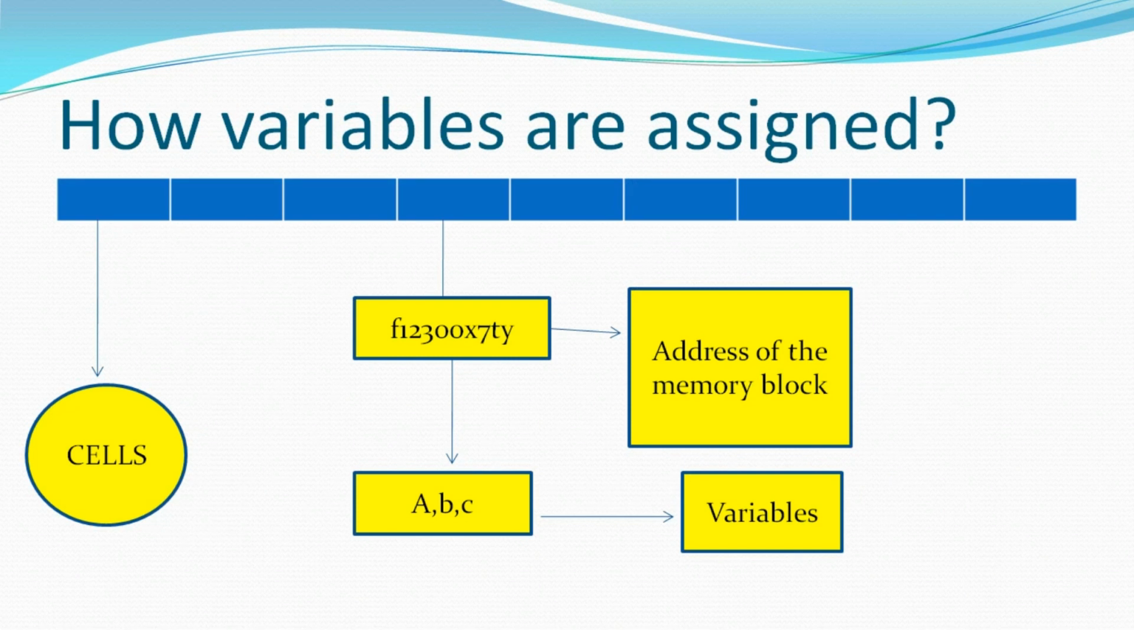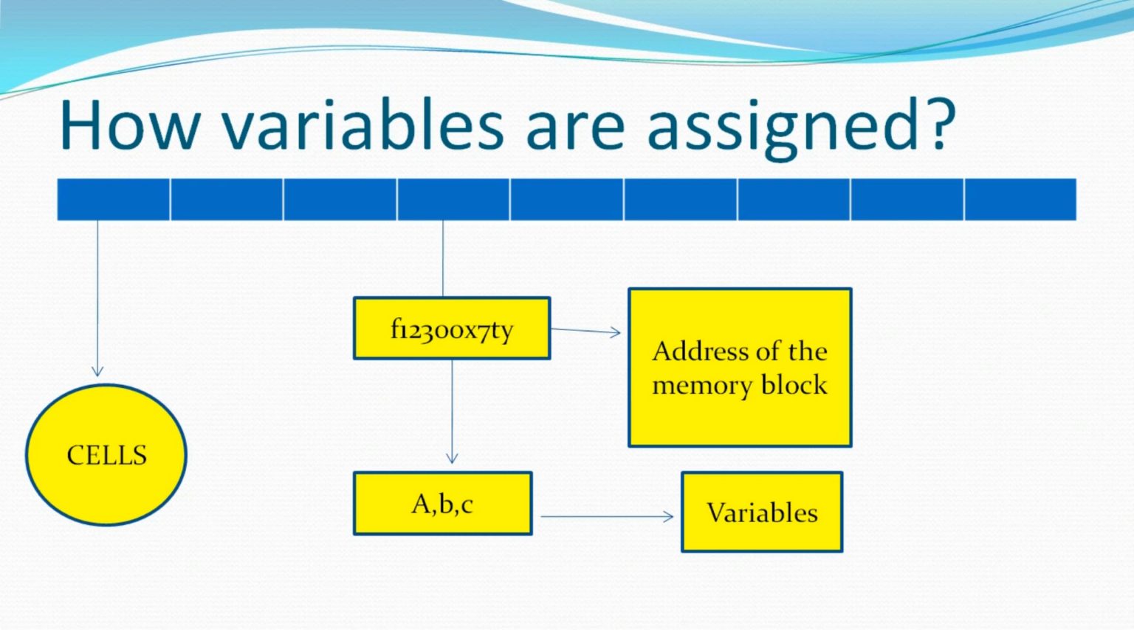So how are variables assigned? Here we can see the building blocks of our memory, known as cells, indicated in purple color. Now these are known as cells. Here we can see the address of the memory. The address of the memory block is in the form of F12300X7TY. That is difficult to understand, and every time we want to store a value in the memory block,